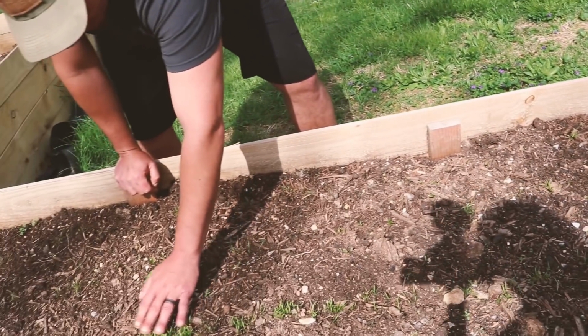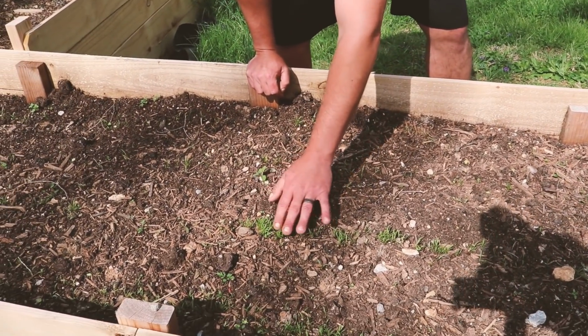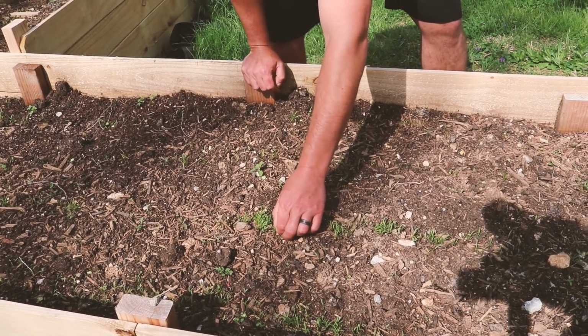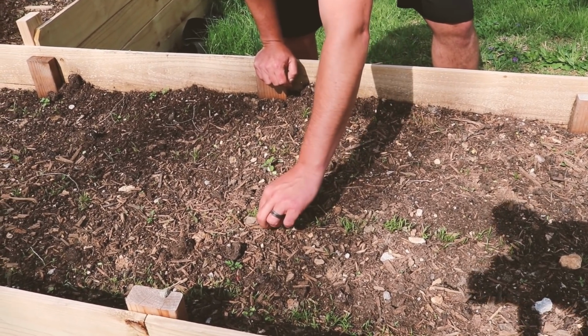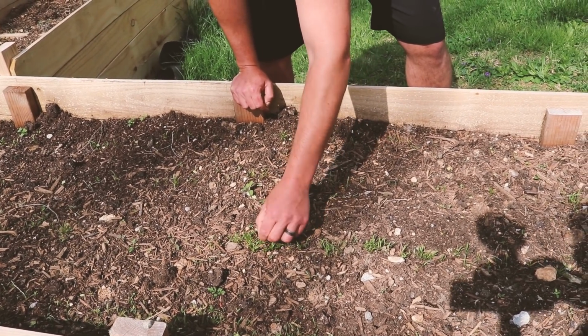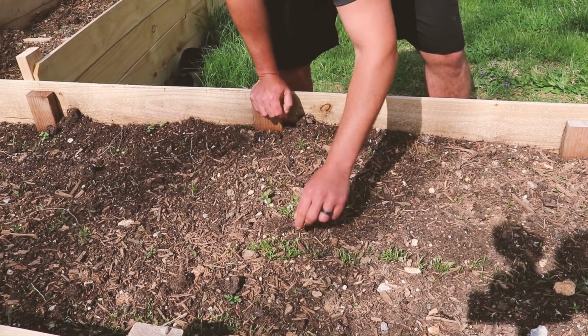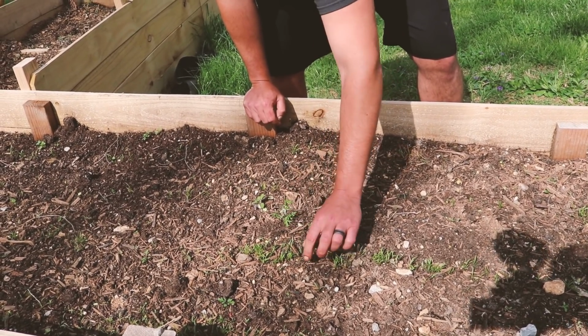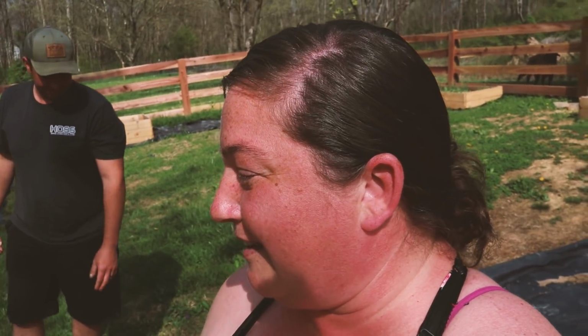But right here, this isn't gonna work. You can replant some of these, but you do need to thin them out, or you're gonna get itty bitty little carrots down there all twisted together. So you kind of want to just pull those out a little bit, give them a little space, and they'll thrive. Just a little note, with them being older seeds, germination rate can go down,